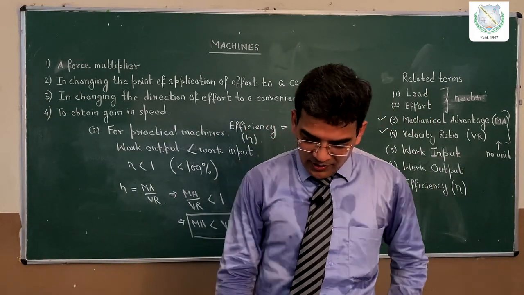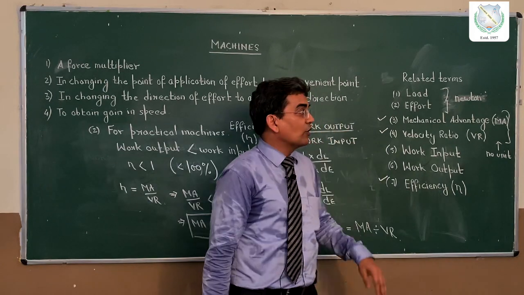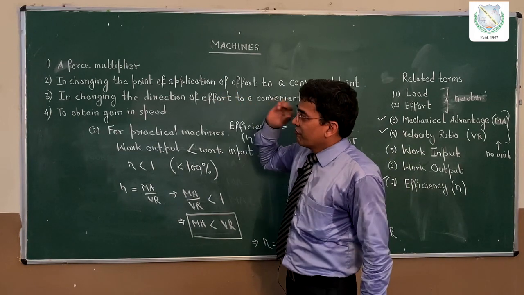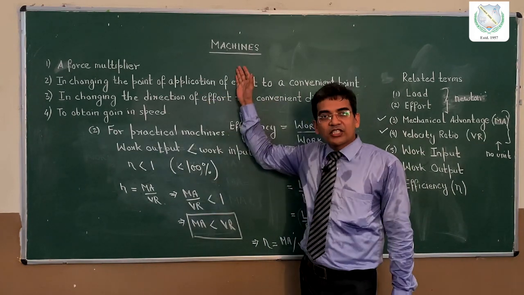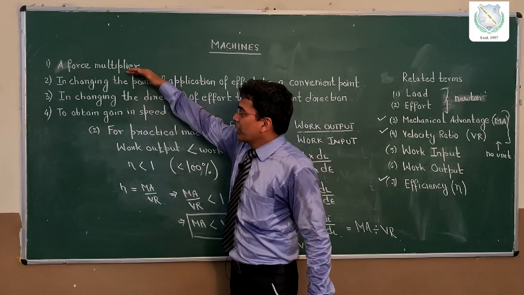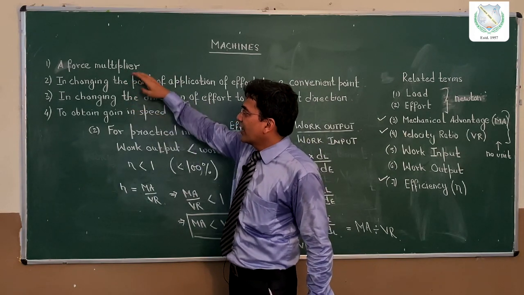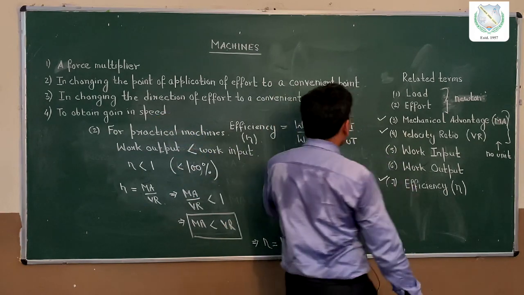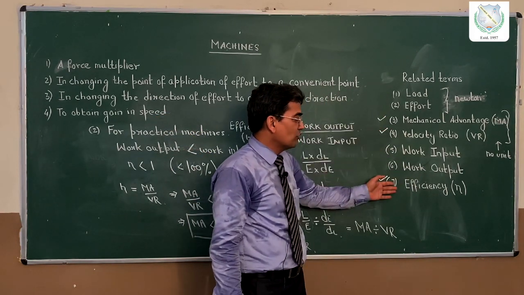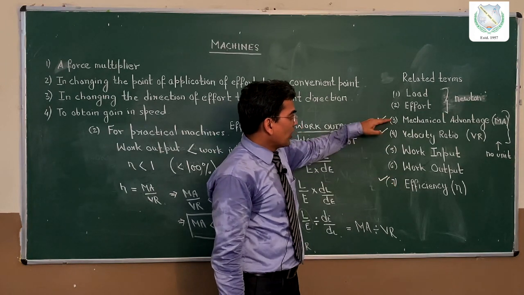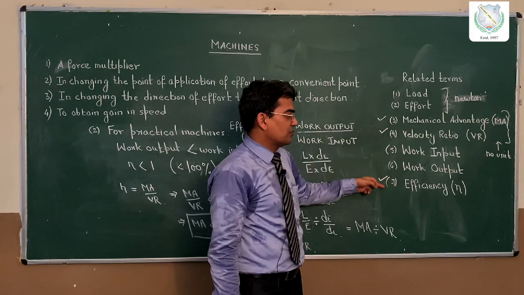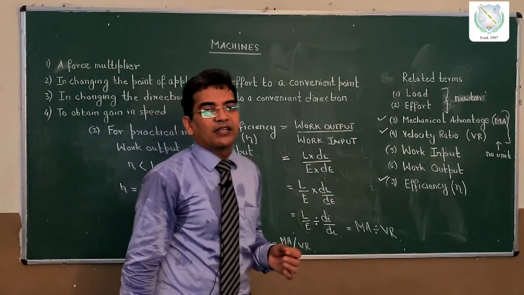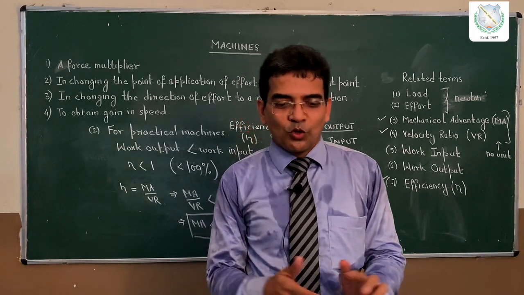So class, this much of the topic we have completed. Hope this is clear to you. Let me wind it up again. First, we did what a machine is, with the help of the 4 advantages that we get in using a machine. Then I explained a few of the terms related to machines, and the relation between these 3 terms. And lastly, we practiced about a practical machine and an ideal machine. Hope this much is clear to you.